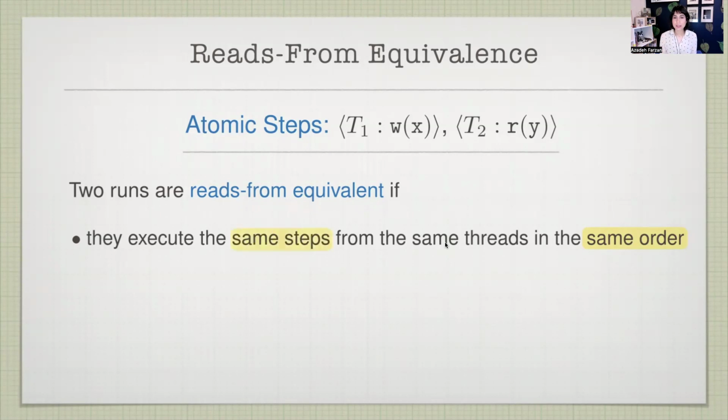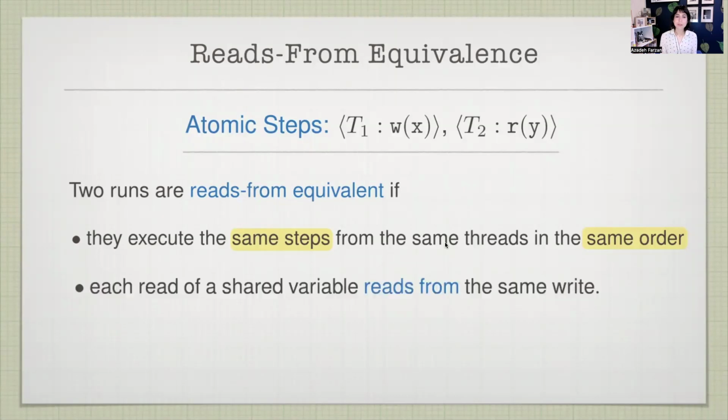The part that says that it's the same steps is a little more tricky. It kind of cannot be enforced just there, which motivates the next condition, which says we want to maintain the relationship between reads and the writes that they observe in every program run. So any member of the equivalence class, every read should always read from the same write that it reads from in every other member of the equivalence class.